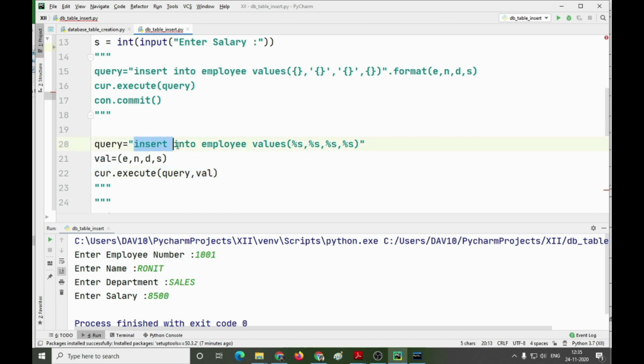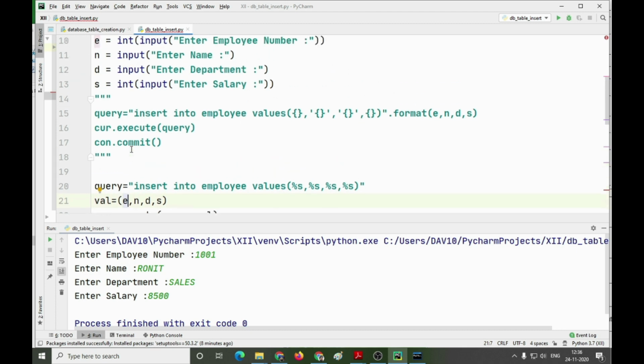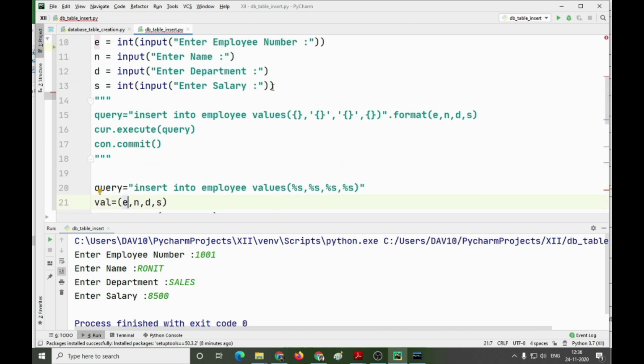That means we are generating a query, that means a string, in which we are replacing the values with the help of %s. These %s will be replaced by the values which we have created over here. This value is a tuple which is having the values which are being accepted from the user.